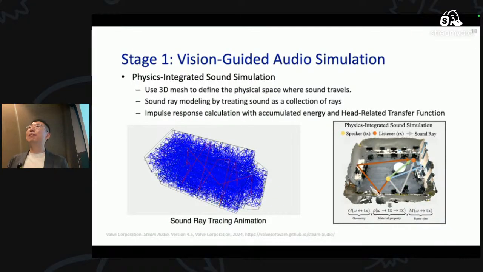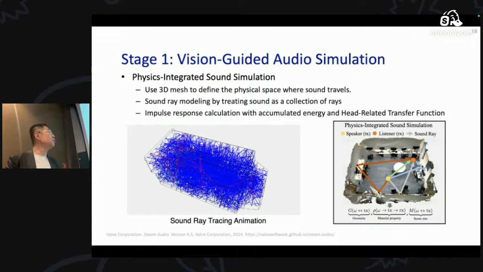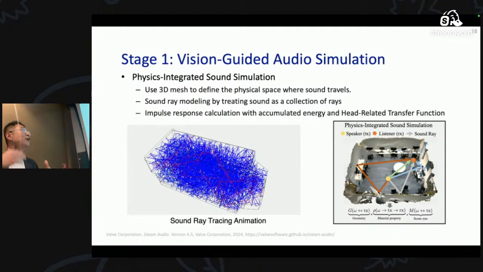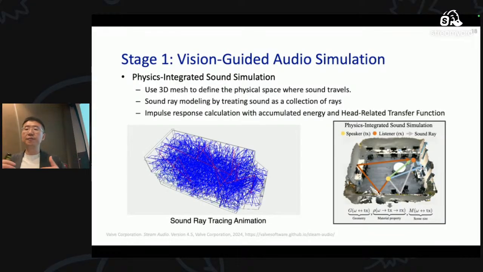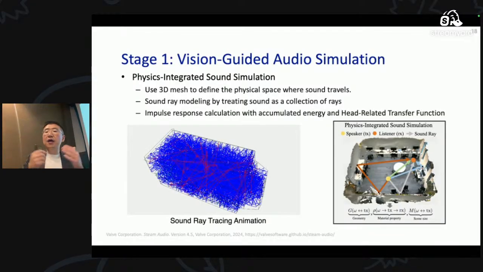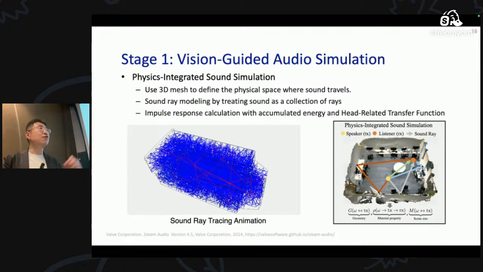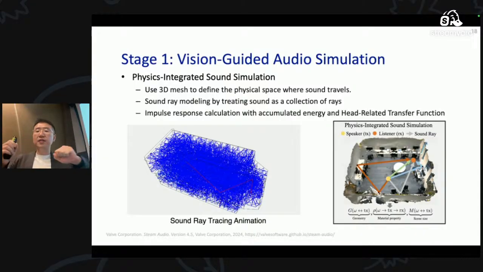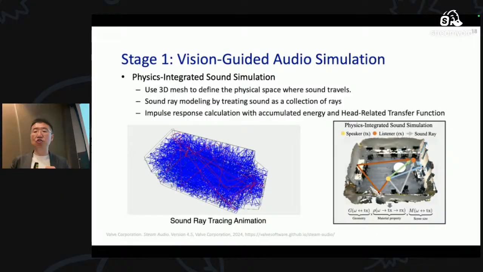Now, the second step is where we leverage audio simulation. Basically, we use those 3D meshes of this room, right? We can define this physical space and how this sound can travel over there, okay? And now this sound is treated as a collection of rays emitted from a source, and the simulation basically traces how those rays interact with this scene's geometry,